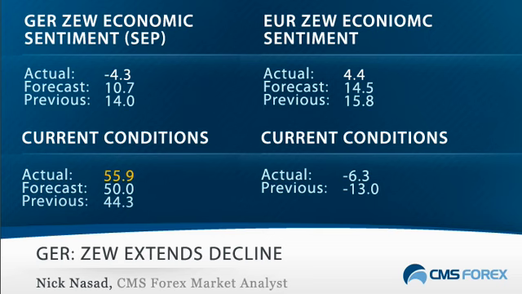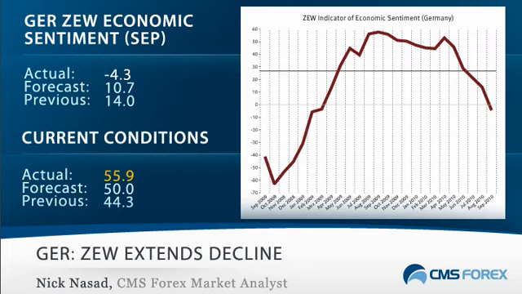Let's take a look at some European data to start, where we saw a disappointing result from Germany as investor confidence for the month of September dropped to minus 4.3 from 14 in August. This index, the ZEW Economic Sentiment, is used as a leading indicator as it measures the expectations of analysts and institutional investors when it comes to the German economy. It seems that these investors are very much in the camp that the strong surge in German growth in Q2 may be unsustainable. That's the fifth monthly decline we've seen in the index, and now it's at its lowest since February of 2009. Heading forward, budget cuts across the Euro region and slowing global growth has clouded the outlook for